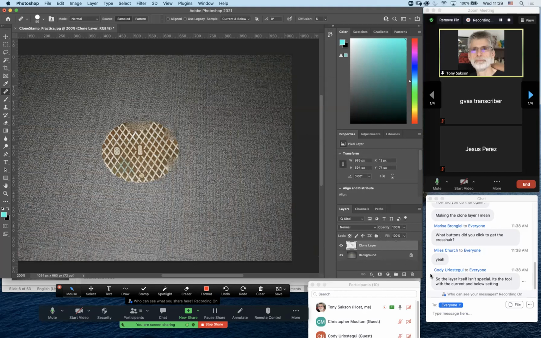So the layer itself isn't special. It's the tool with the current and below settings. That is correct. We haven't done anything to the layer. We haven't made any adjustments to that layer. The clone stamp tool and the healing brush both have that same option up here: sample, current, and below. The default is current layer only. So it's kind of frustrating to people who aren't sure about that. It will only let them copy and stamp on the exact same layer, which means people who are new to clone stamping,